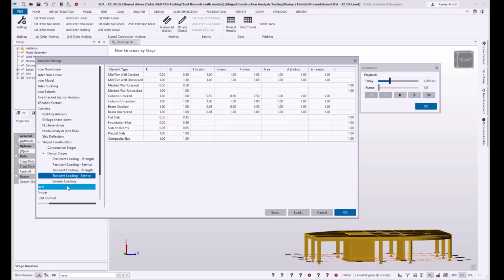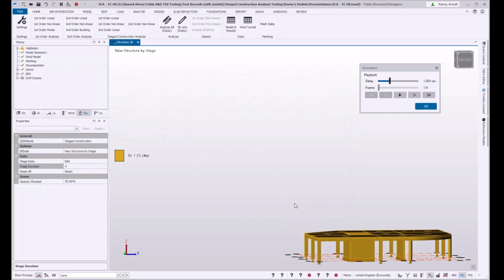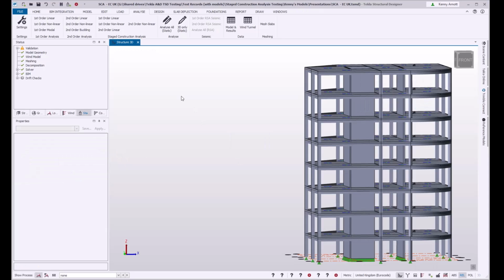But actually this ability to see results for a gravity combination with one set of factors and a wind combination with a different set of factors, so long-term load versus more instantaneous load, is a feature in its own right that people have asked for when they're not really asking for stage construction. So again, accepting all the defaults. I'll swap back to the structure view here.